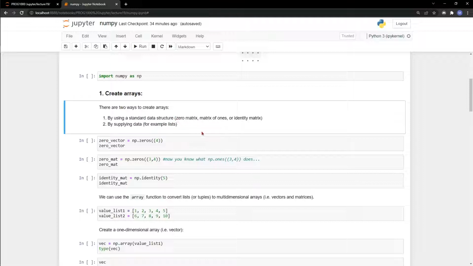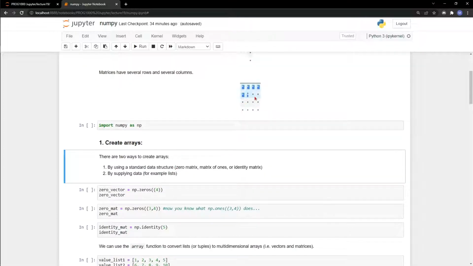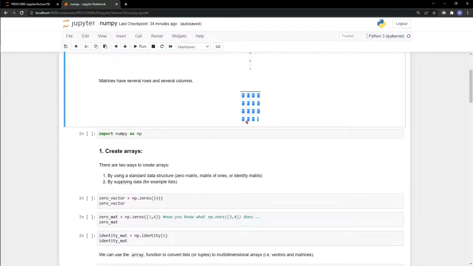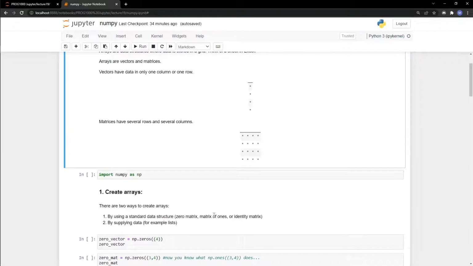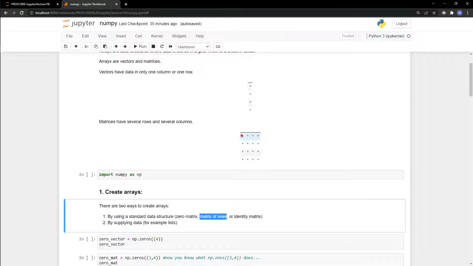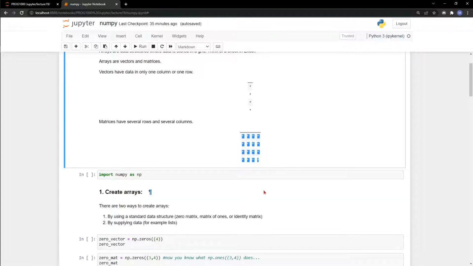This can be the zero matrix, which is a matrix like this, or a zero vector like this, consisting only of the integer 0. It's often used to just make space to store other numbers. And you have a matrix of ones, where every single entry is equal to 1,